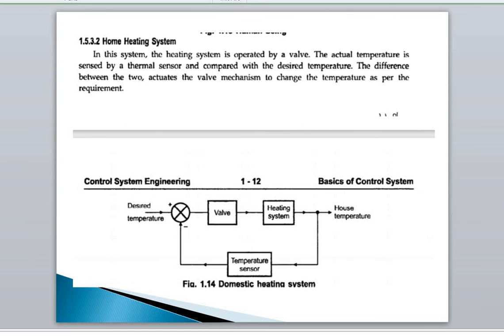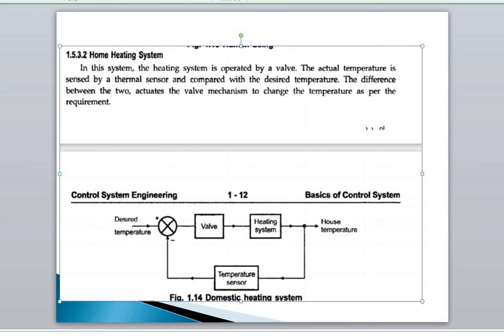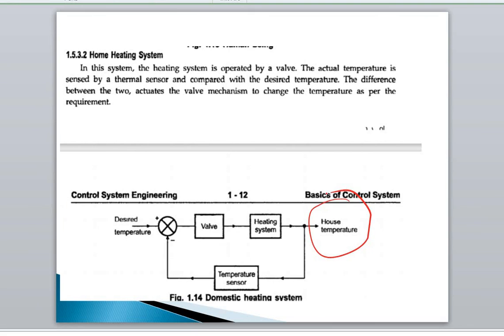Okay. Then coming to the home heating system, which I have dealt again and again. So this also can be made a closed loop control system. Last time I talked about the same system with open loop control. This can be converted into closed loop control system also, because when you get the house temperature, if you have some sensors to measure that temperature and compare it with desired temperature. Suppose desired temperature is 27 degree and the house temperature is not 27 degree but 26 degree. So